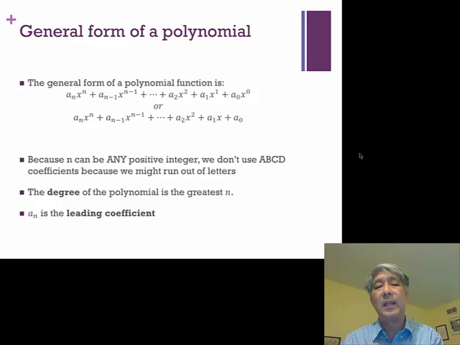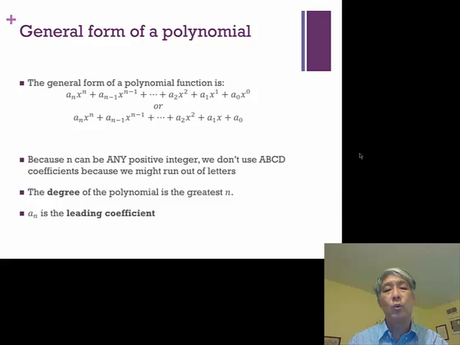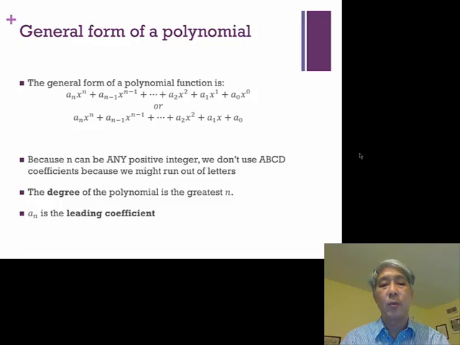We don't use letters like ax squared plus bx plus c anymore, only because we don't really know how many letters we're going to need, because n could be any integer or 0. It could be a large integer, as large as 102 or 76 or 5,000,000,002. At that point we're going to run out of letters, so instead we just number the coefficients. A1 goes with x1, A2 goes with x2, A3, A4, all the way up to a sub n, whatever n happens to be. The largest n in the list is what we call the degree of the polynomial,